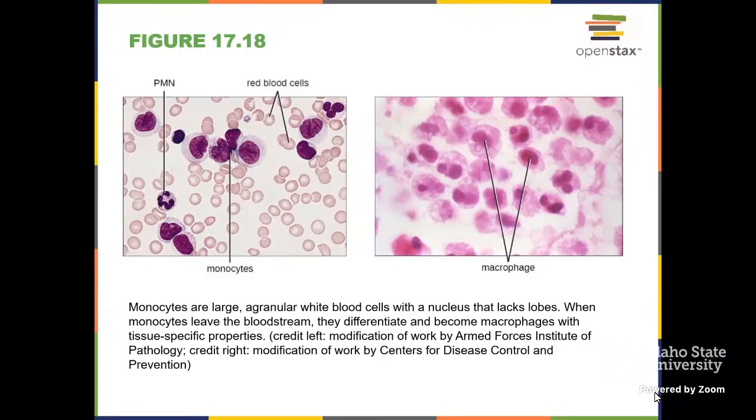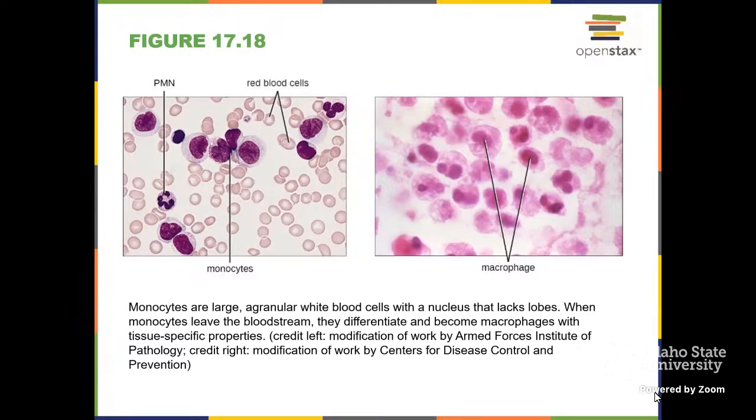A few other cells, lots of red blood cells, but it's the monocytes really that we're thinking about, all right? So as opposed to the granulocytes where we can see the stippling or the speckles in the cytoplasm of those cells that are the different types of digestive enzymes,